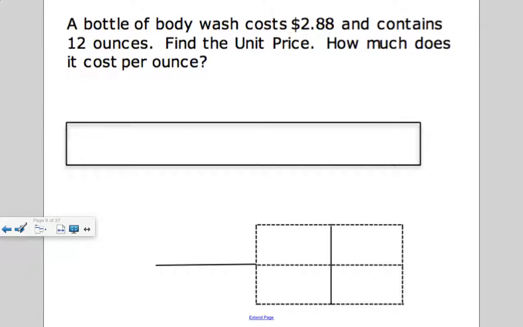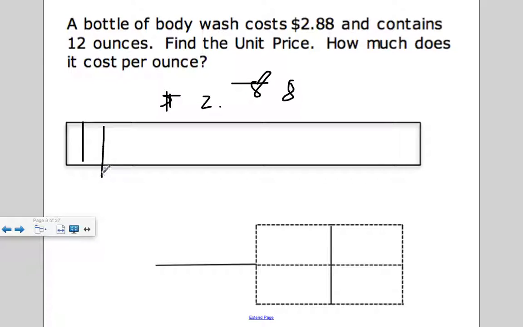So a bottle of body wash costs $2.88. It contains 12 ounces. Find the unit price. How much does it cost per ounce? Each ounce, for 1 ounce. So I need to break down this price into